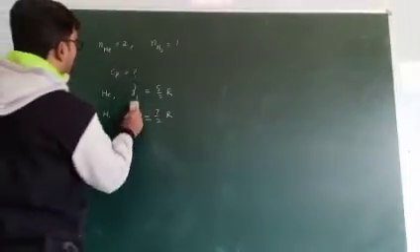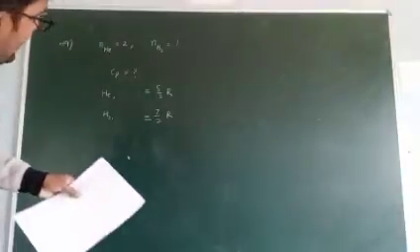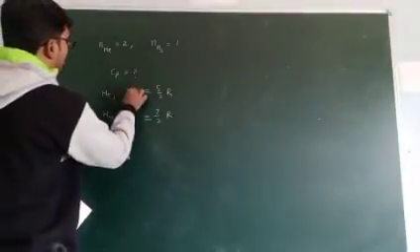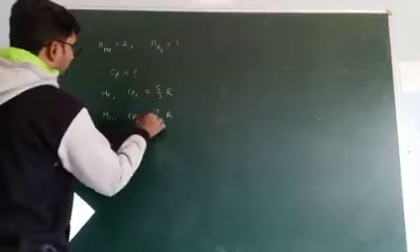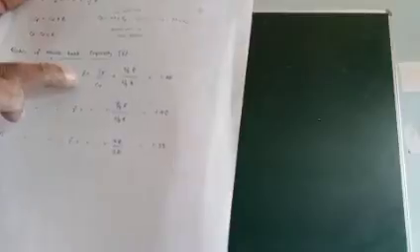Actually, these are the Cp values of helium and hydrogen: this is Cp1, this is Cp2. All of you write this in your notes. We know that the gamma value for monoatomic gas is 1.66, for diatomic gases 1.40, and for triatomic gases 1.33. These values come from gamma equal to Cp by Cv. For monoatomic gases, Cp is 5 by 2 R.